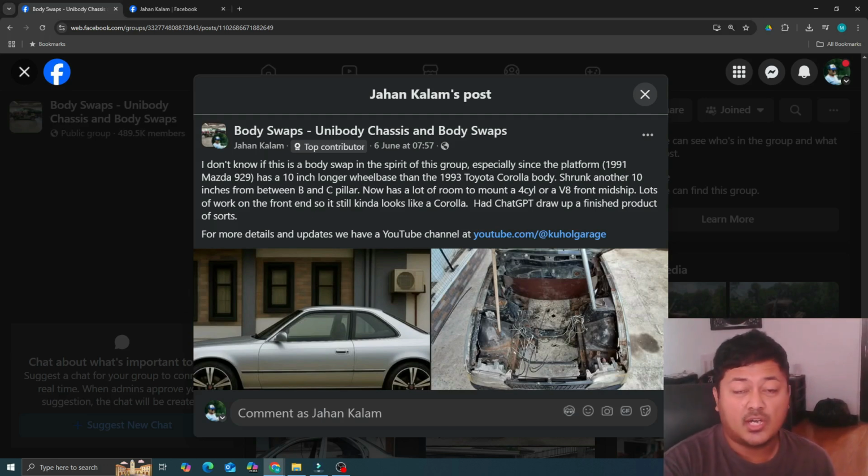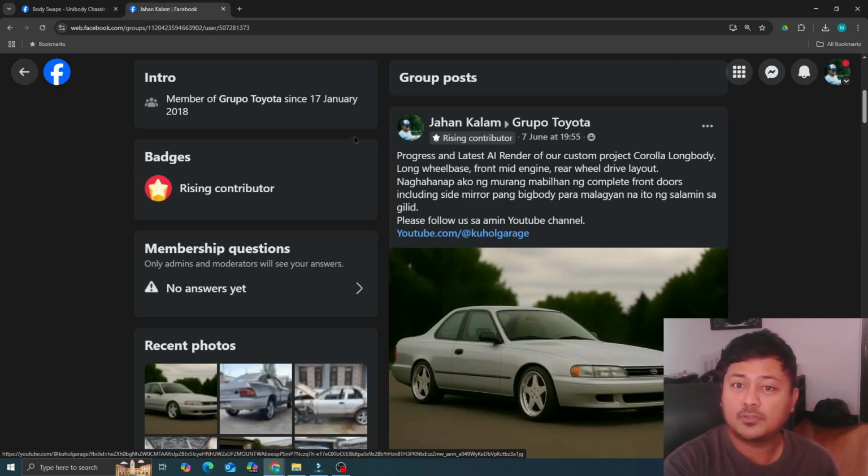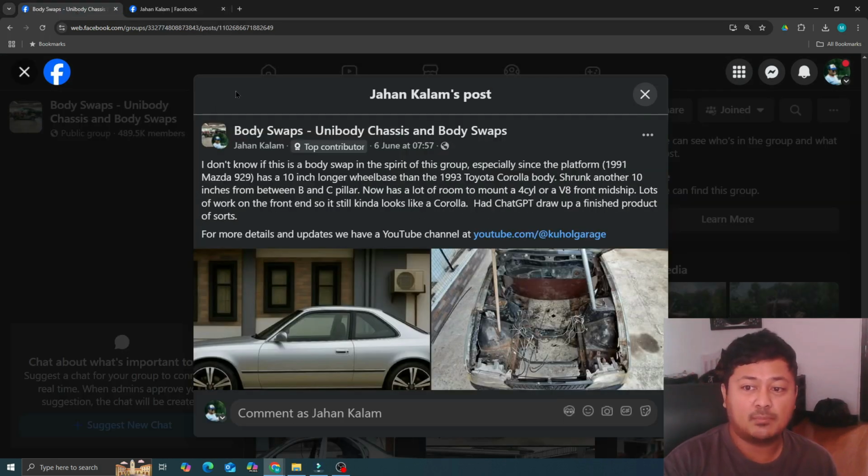Instead of just junking the Corolla, junking the Mazda 929 Kia Potentia, whatever it is, instead of junking these two cars, what about just amalgamating the two of them into one crazy build? I mean, we're trying to build the channel here, so I guess you guys have to just respect the grind. You may not like the project, but I hope that you appreciate the effort. So we posted in Grupo Toyota, and we posted it here on Body Swaps. It was a very interesting